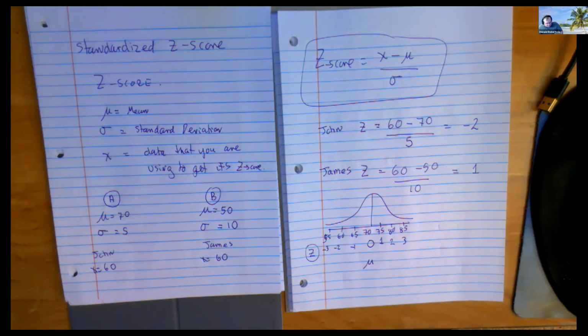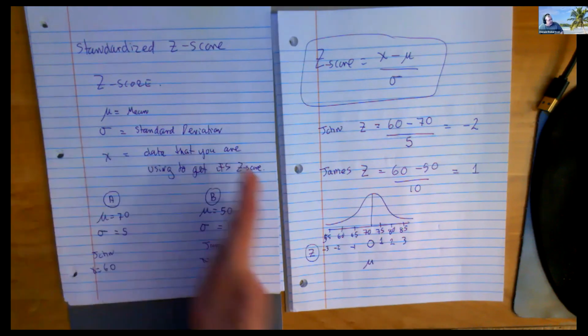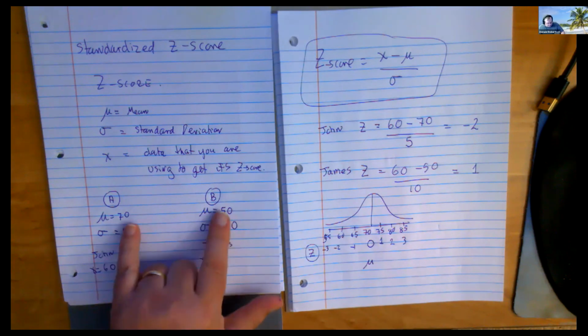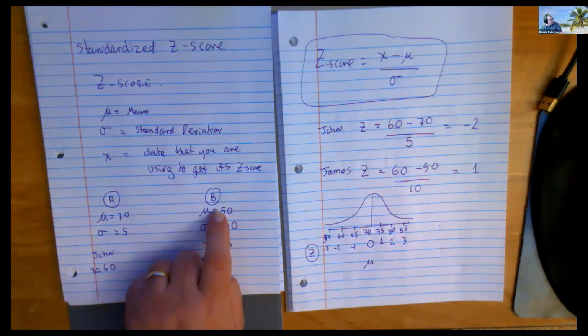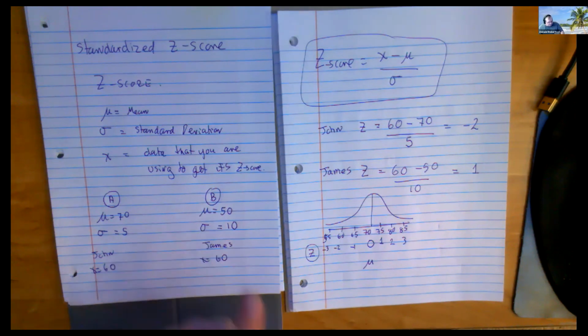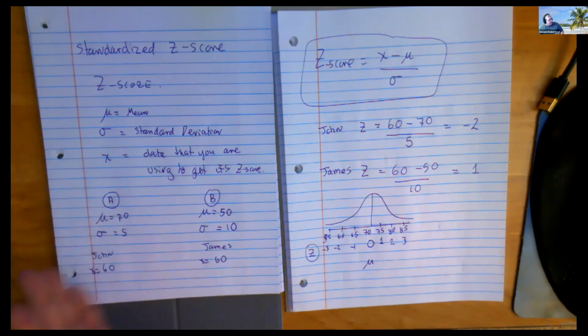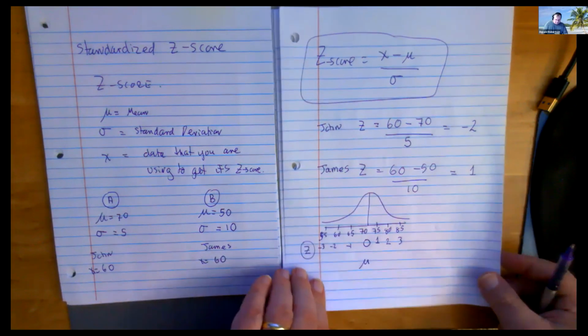Now, z-scores allow you to compare two different groups in what we would consider a fair way, right? A way that doesn't take just the pure raw data. It takes into account what the distribution of that data looks like. What was the mean? What was the standard deviation? Because couldn't that be a really easy test or a really hard test, and you're really not comparing fairly how well each did relative to each other.